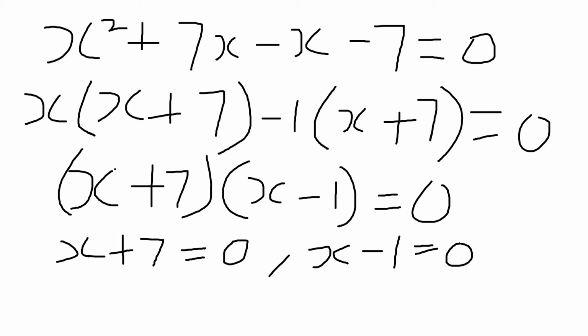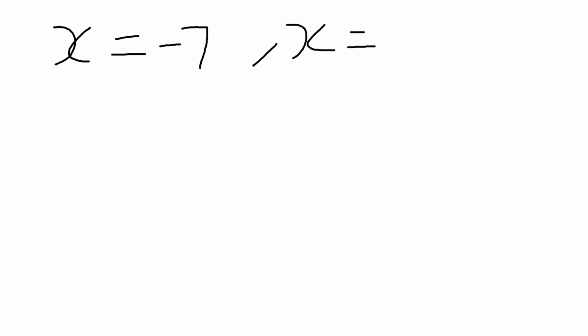And if we have this x plus 7 to be equal to 0, x minus 1 to be equal to 0, then the next thing we have, I would like to take another page here. We have our x to be equal to negative 7, or our x to be equal to 1. And these two values are the solutions